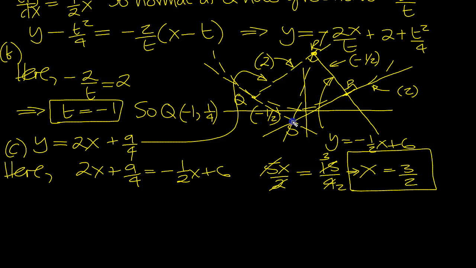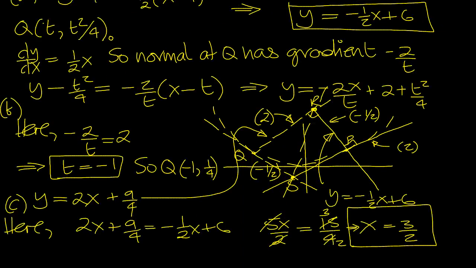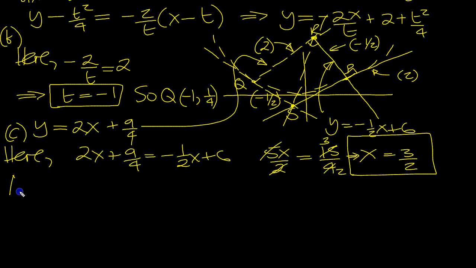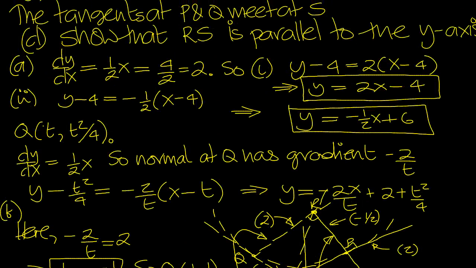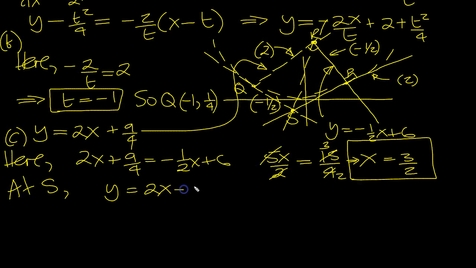So the x value is where the tangents meet, and the x value here was 3 over 2 at R. So all we need to do then is find out the x value at S. So at S, first of all this tangent here is y equals 2x. Now the equation of the tangent was, let's just go back up and get it, minus 4. And the other tangent is